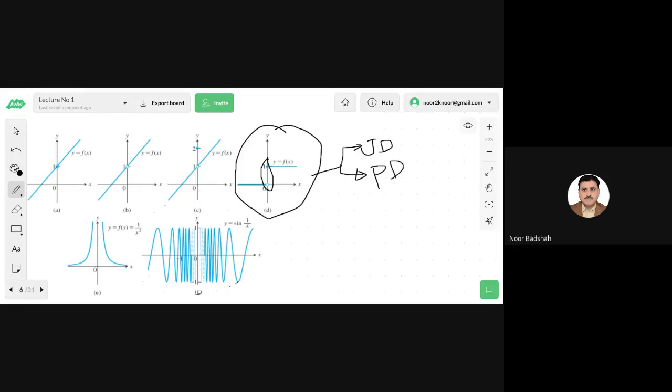We may call it non-removable discontinuity. A discontinuity where the limit doesn't exist, or discontinuity because of condition number 2, is known as jump discontinuity, permanent discontinuity, or